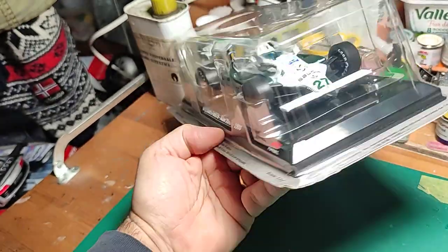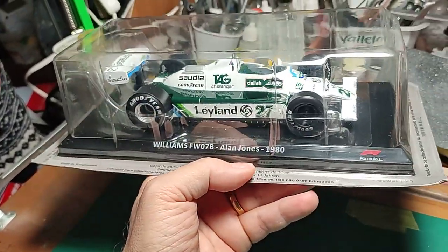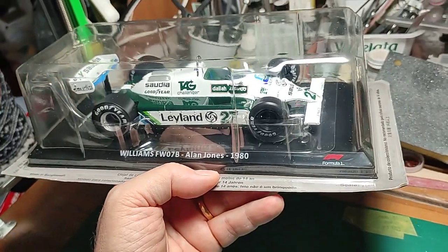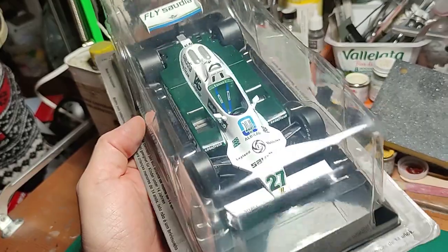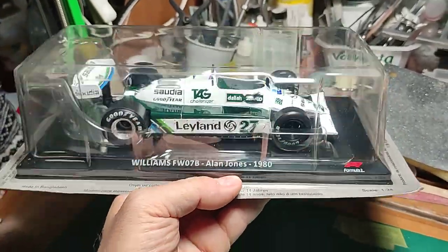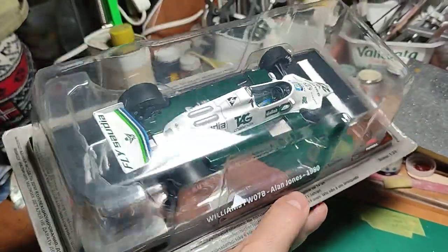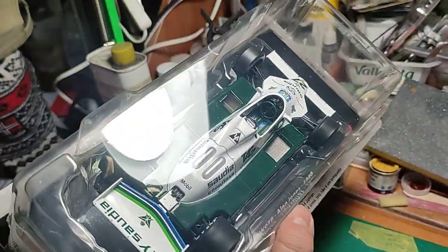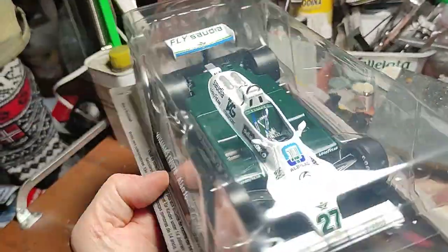This is also one of the very last Formula 1 of the 80s. After this one, I think I will buy a couple of Ferrari and probably the last, the Lotus 49 from Jim Clark. That is absolutely my favorite driver ever after Gilles Villeneuve. And for me, it's absolutely impossible to miss it. So also well done. The air intake and the radiator are quite well done on this model, so